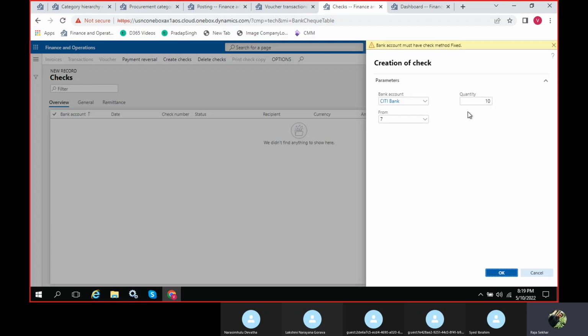The bank account must have the check method fixed. See guys, what the system is saying is that at the creation of your layout, if you keep the method as fixed instead of free, and we have kept it as free, right? If you give fixed, then you can generate all the check numbers directly here. That is one more thing.